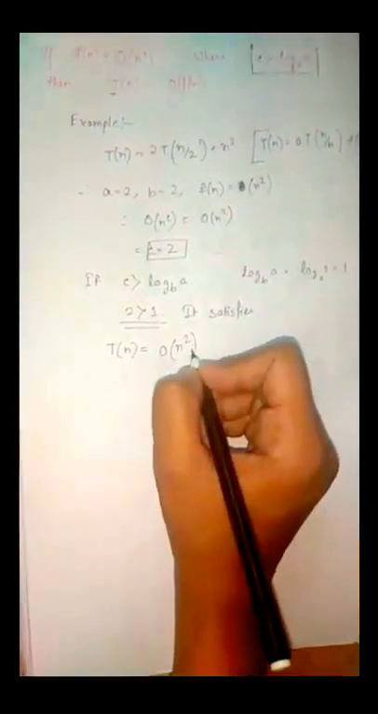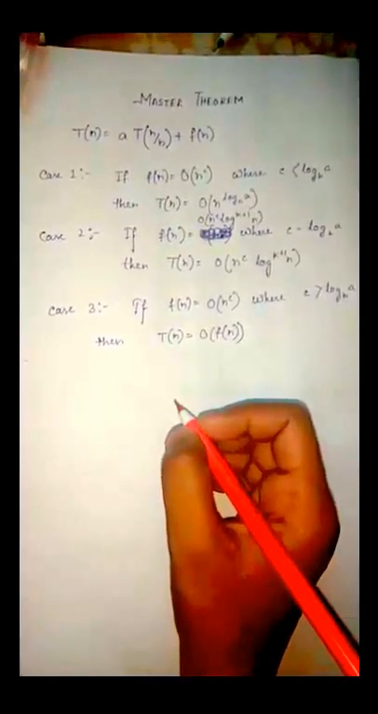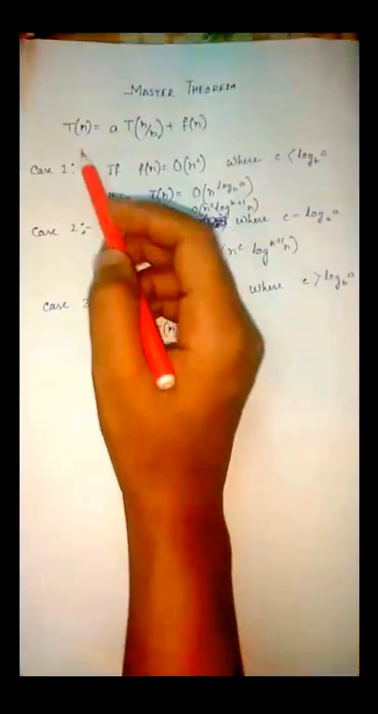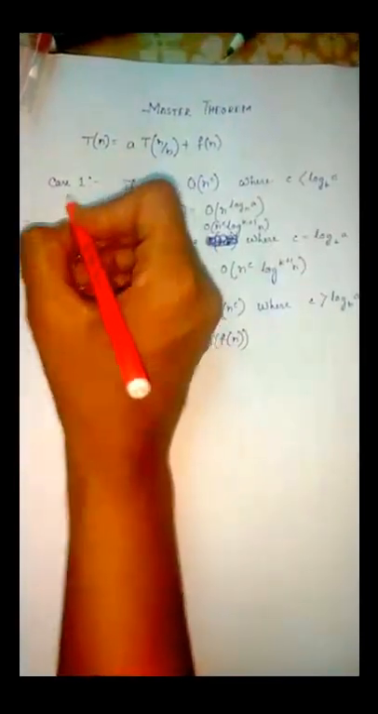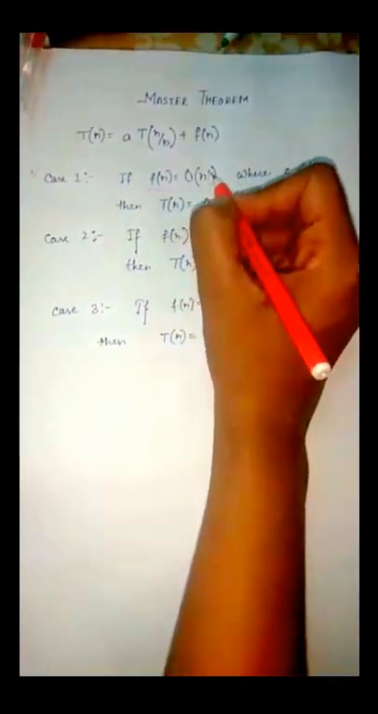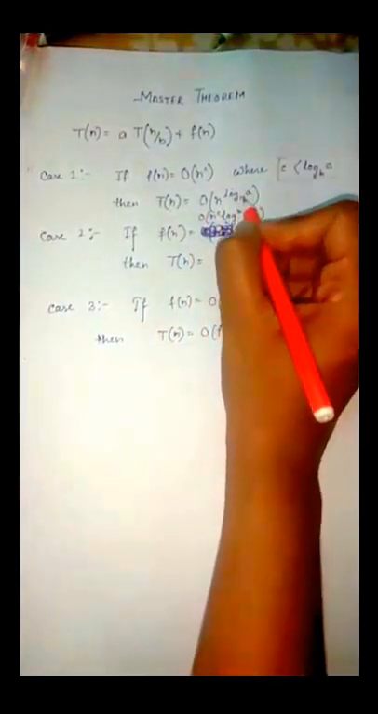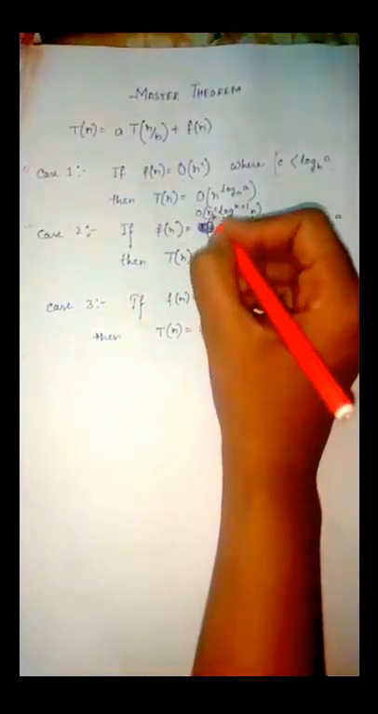So now let's sum it up. How to find the time complexity for a recurrence problem using Master theorem? We know T of n is equal to a T of n by b plus f of n. The recurrence problem should be in this manner. So there are three cases. Case 1, if f of n is big O of n to the power c, where c is less than log of a base b, then T of n is equal to O of n to the power log a base b. In case 2, if f of n is equal to O of n to the power c log to the power k n,